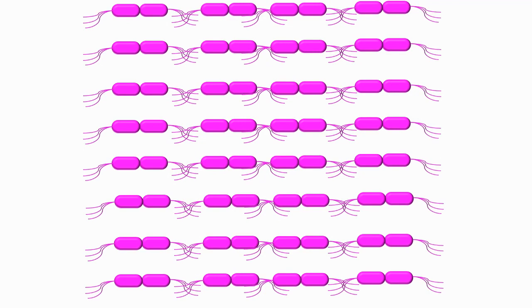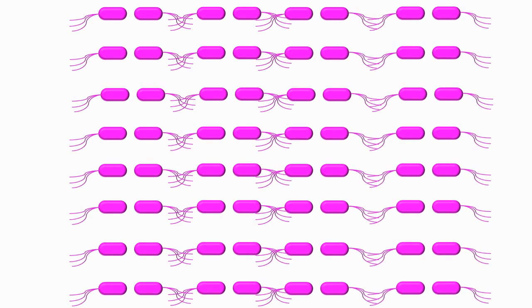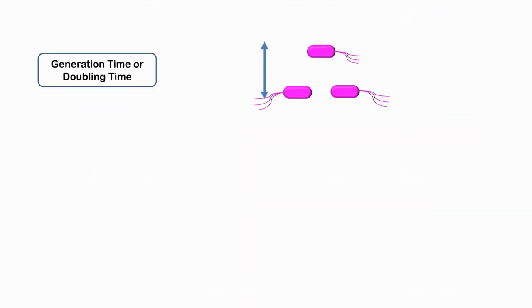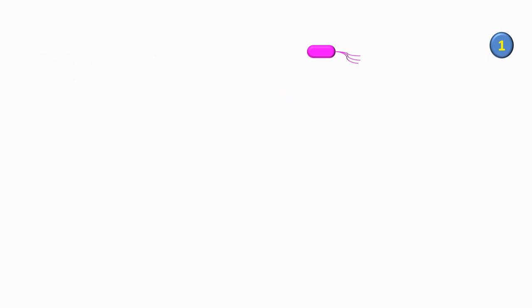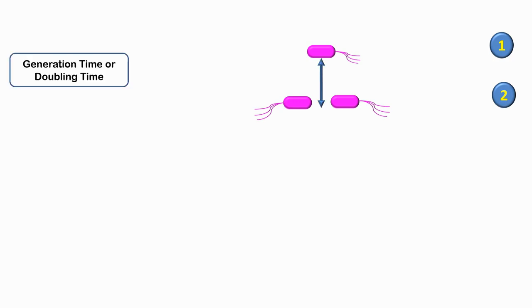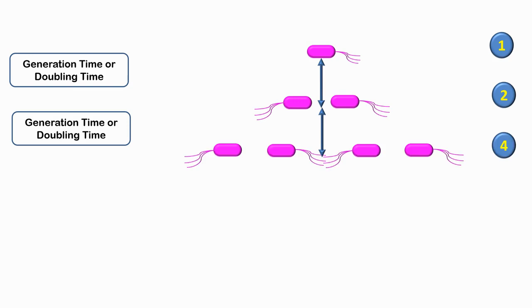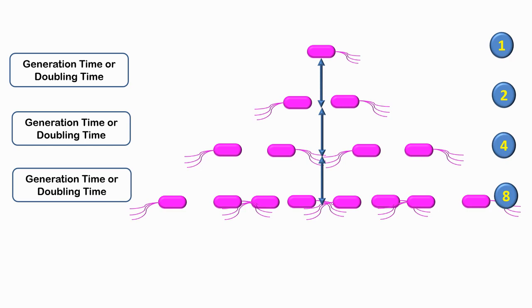Time taken by the bacteria to complete binary fission is called generation time. Once the bacteria start dividing in suitable environment, the number of bacteria doubles with each generation time. Generation time is also called doubling time in simple words. One bacteria gives rise to two bacteria by binary fission. The time taken for the process is called generation time. After 2 generation times, 4 bacteria are produced, and after 3 generation times, there are 8 bacteria, all produced from